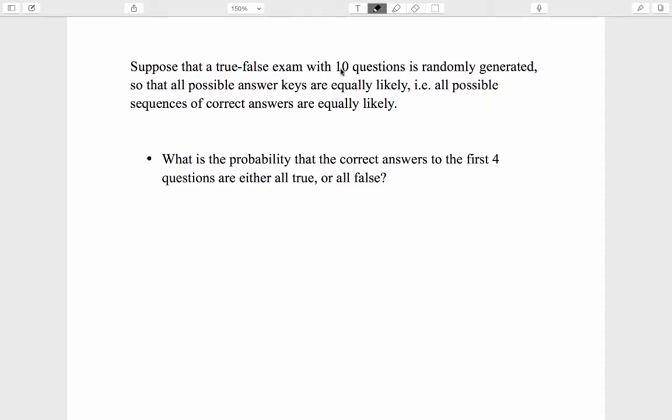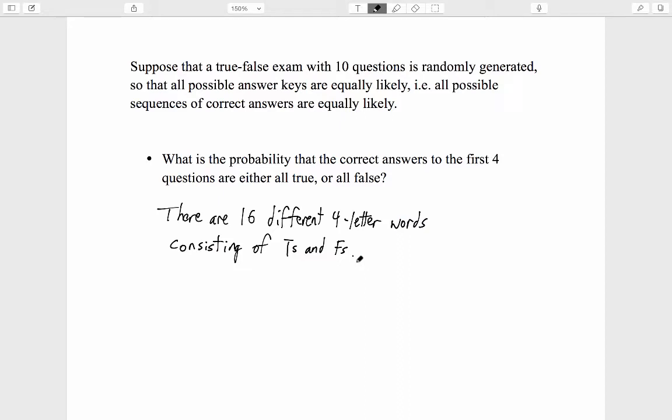Even though the exam here has 10 questions, we are asking only about the first 4 questions. Just as in the previous problem involving baseball games, although the World Series might last for 5 games or 6 games or 7 games, the question we asked there only had to do with the first 4 games. Just as there were 16 different 4-letter words consisting of Y's and M's, there are 16 different 4-letter words consisting of T's and F's. 16 different possibilities for what the sequence of correct answers could be to the first 4